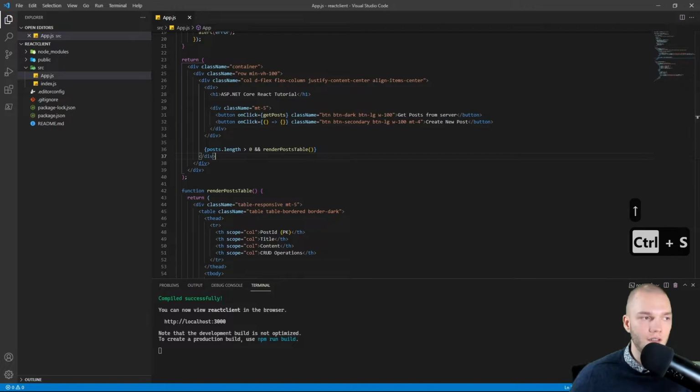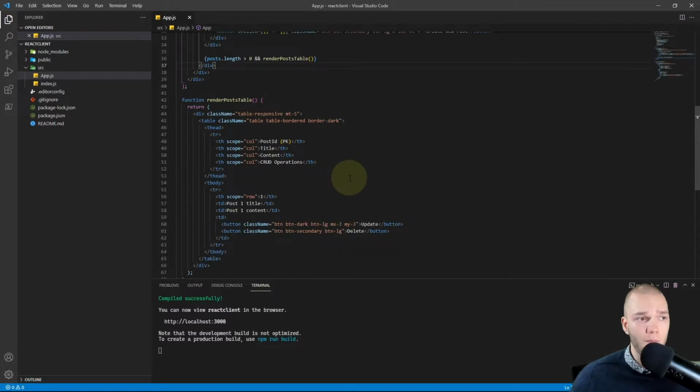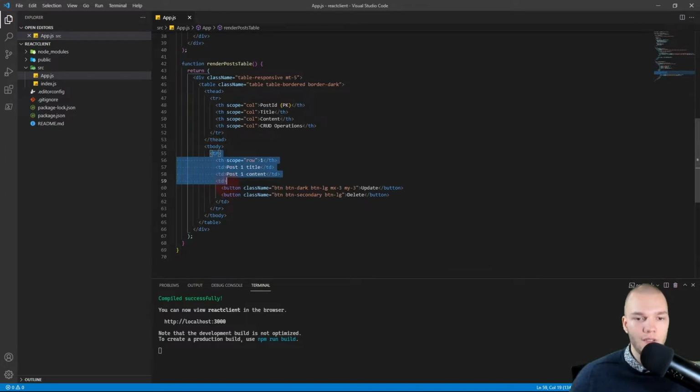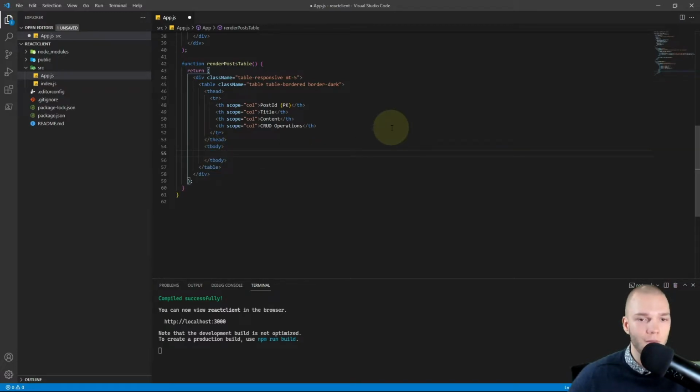Right, so now that's done. Let's edit the post table to display the posts coming from our web API. So in the body here, I'm gonna cut out the table row, and I'm going to use a JavaScript array.map function to render out each post in its own table row. So I'll just add curly braces to say this is JavaScript code.